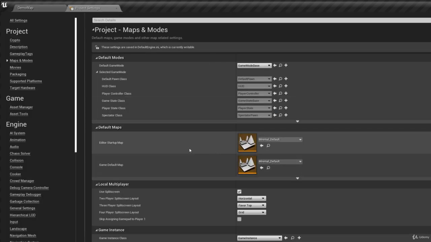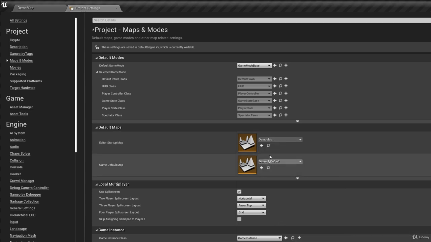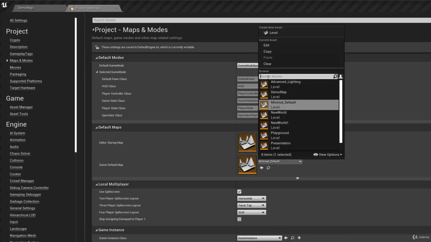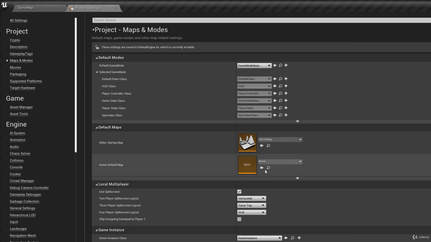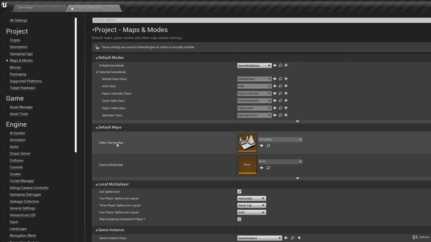Alright, so what I want to do is I want to change the editor startup map to that demo map, okay, and you'll notice you can also search in here. You have a browse section that you can search for, you can clear, so you have a clear option, and so on. You can also create a level from right here. Now what's the difference here? Well, the editor startup map relates to the editor, so when you open up the editor, that is going to open up this map. So of course the map that you are busy with, you want to set that to the editor startup map,